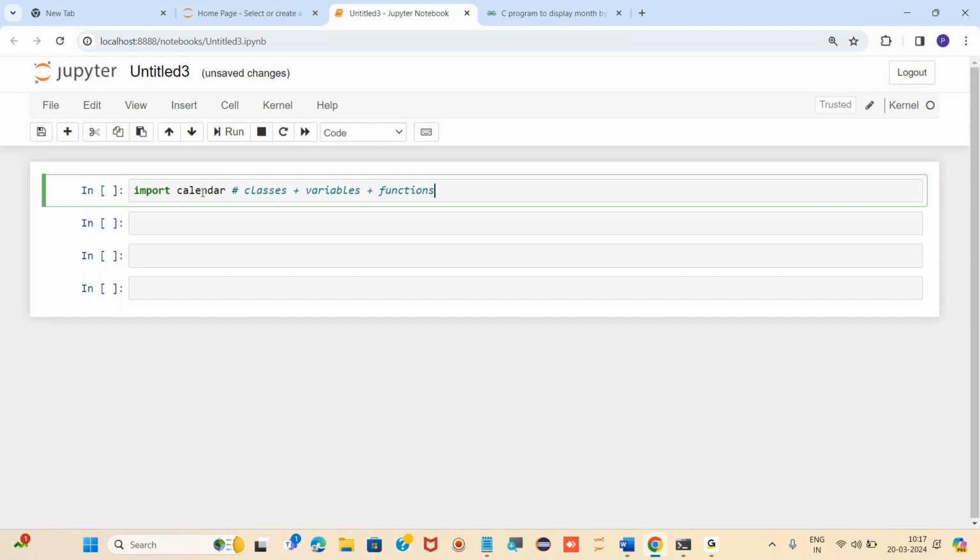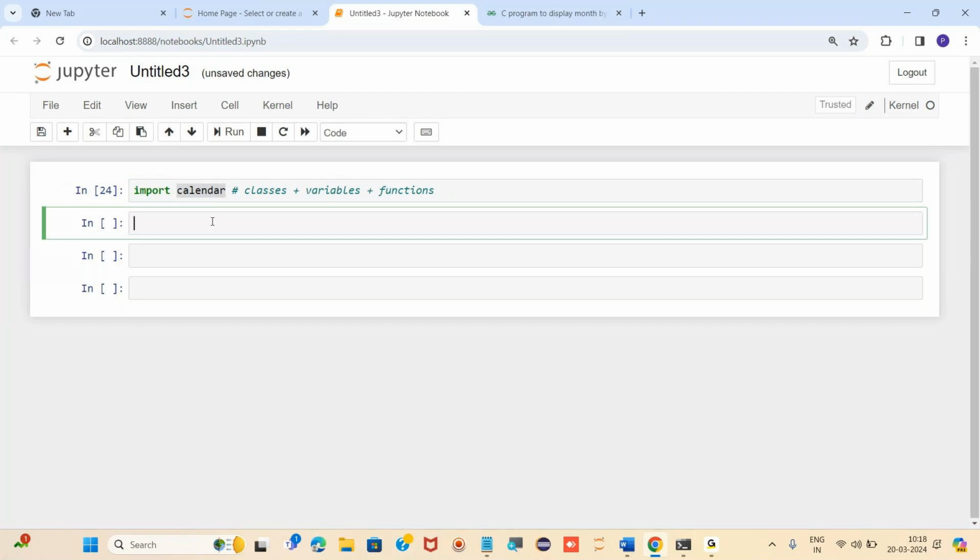So that's why a module is the collection of classes, variables, and functions. Now how does it work? We are going to import the classes, variables, and functions of this calendar module.